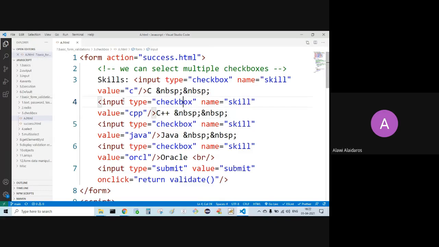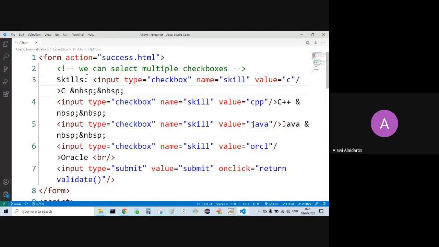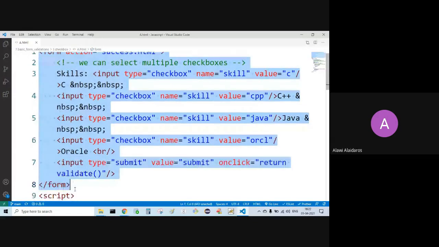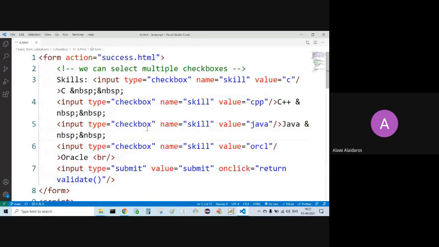Now we'll continue. So we know how to develop the form, and by using form,